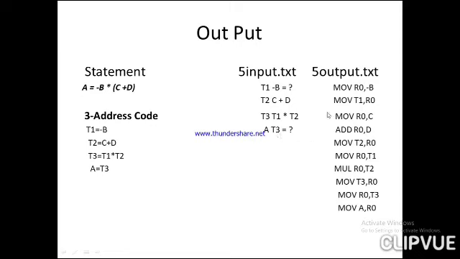Therefore, whenever there is an assignment operator, these are the 2 instructions that have to be generated. So we are generalizing it now. Whenever we have an assignment operator, 2 instructions have to be generated in the machine code or assembly code. Which are they? One is moving the value from the memory to the register, and the other is moving from the register to the memory location. 2 instructions will come whenever there is an assignment operator.